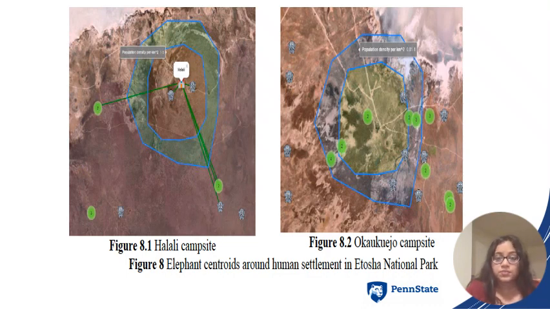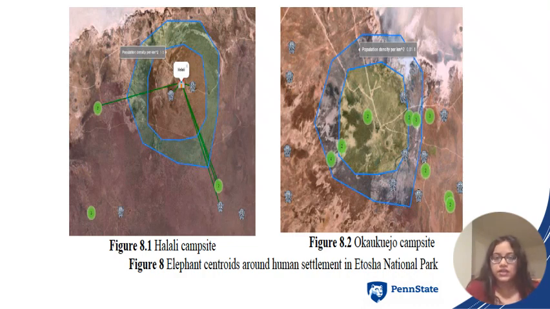The centroids are represented by the elephant icons with a green marker indicating groups of centroids. Now, these centroids encompass both the temperature influence and without temperature influence variance, utilizing a fuzzy matching as we have provided in our paper. The circular boundaries surrounding the settlements represent the extent of human population in the area. So the presence of centroids within and around this boundary suggests the interest of elephants in the settlement and the